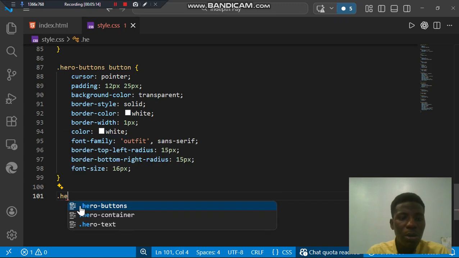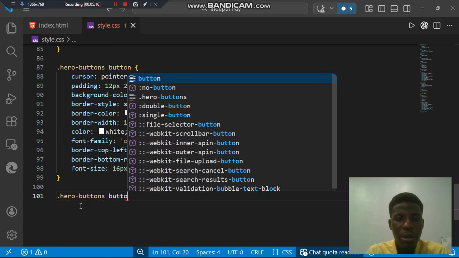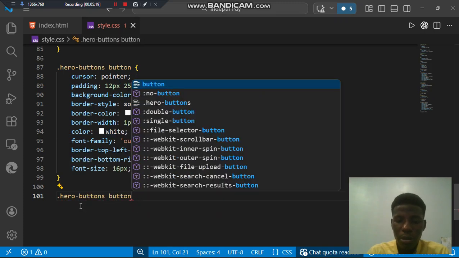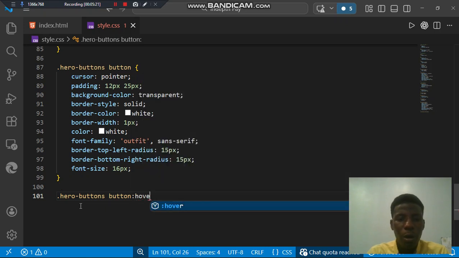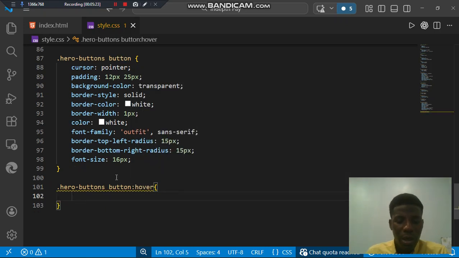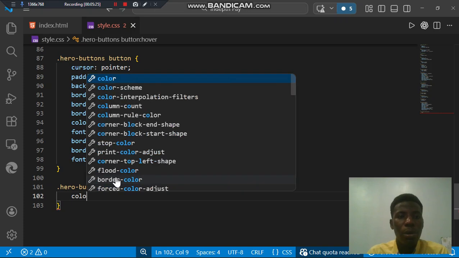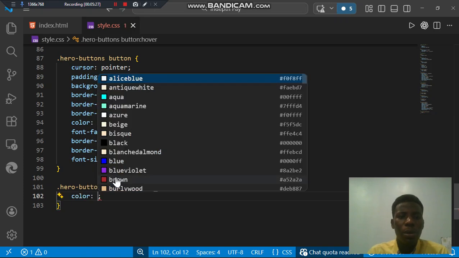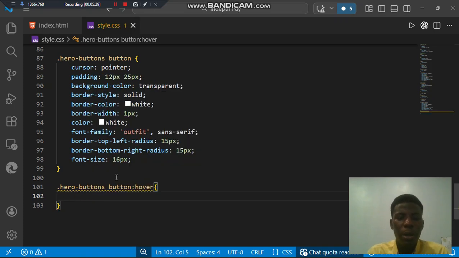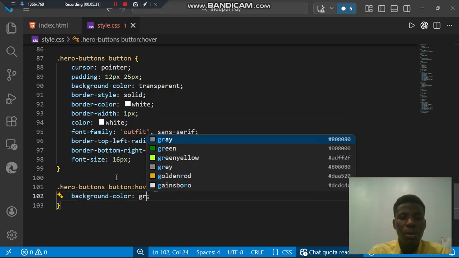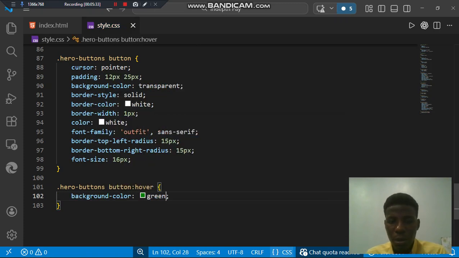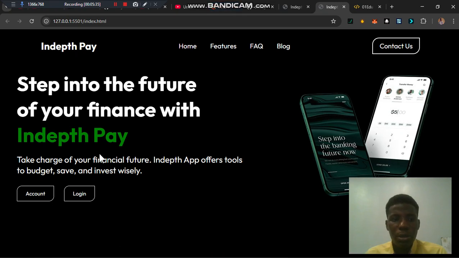So .hero-buttons space button colon hover. Here you add color, which should still be white, just the background color. I'm only changing the background color to green. So put your mouse on it, green. See, simple.